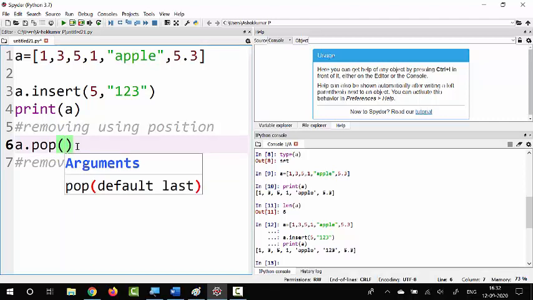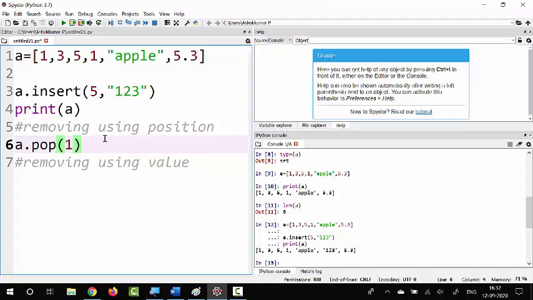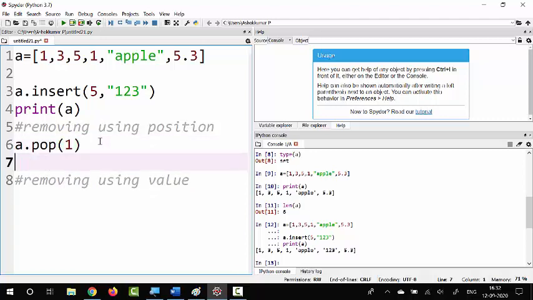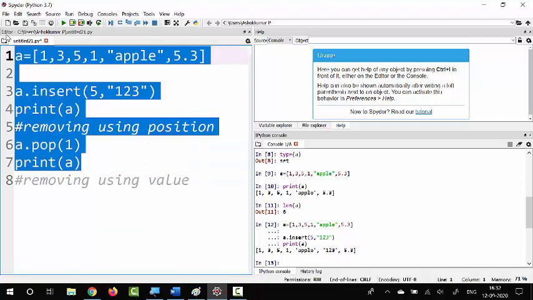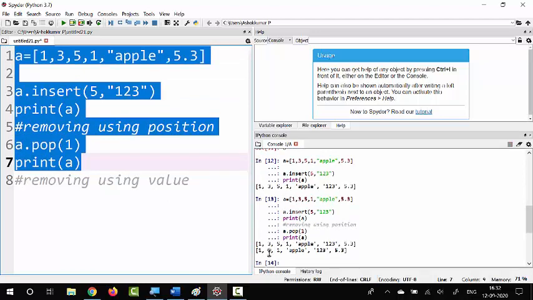Suppose I want to remove the second element, that is first index. So I can give like this a.pop. So now let me print this particular A and see whether 3 is being removed or not. Okay, so you can see the second element, that is the index 1, is being removed.